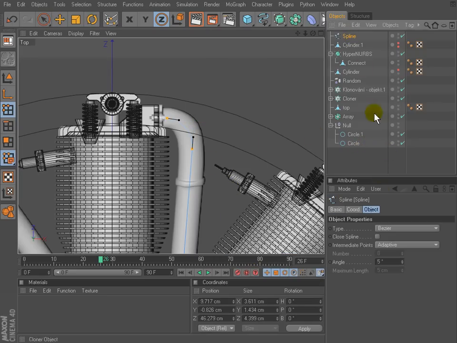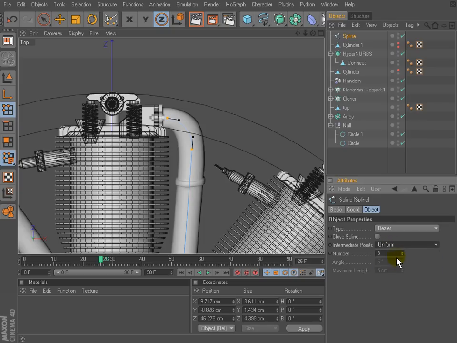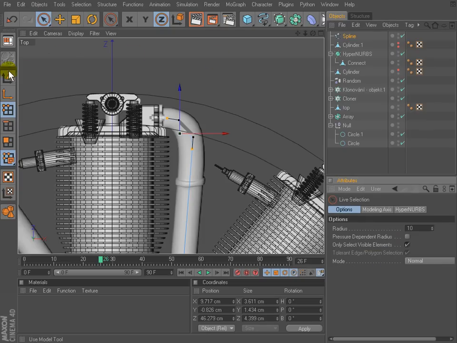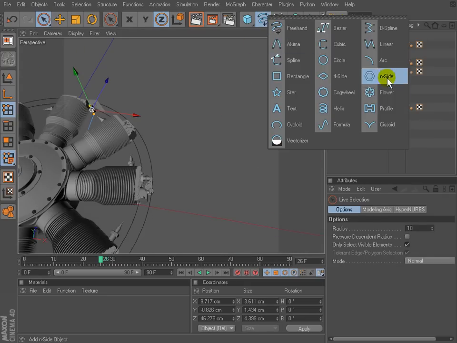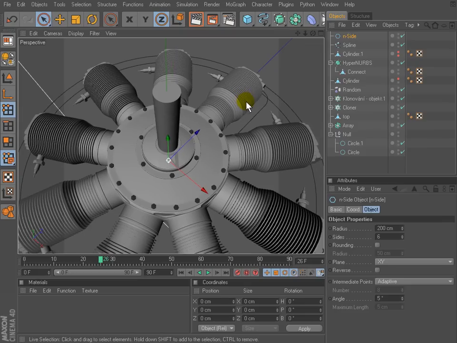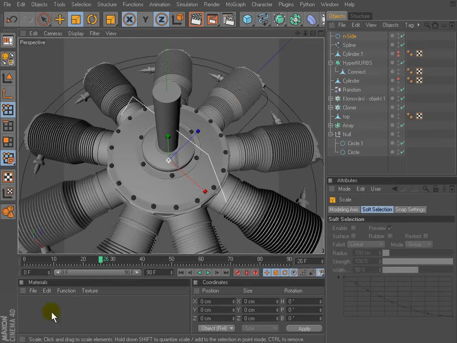Spline is still selected. Go to Attributes Manager and adjust the intermediate points settings. Use uniform mode. It's the best mode for animation, and some special cases like this one. Use a higher value. Go to 3D view, create a new parametric inside spline, scale it down a bit, and change subdivision